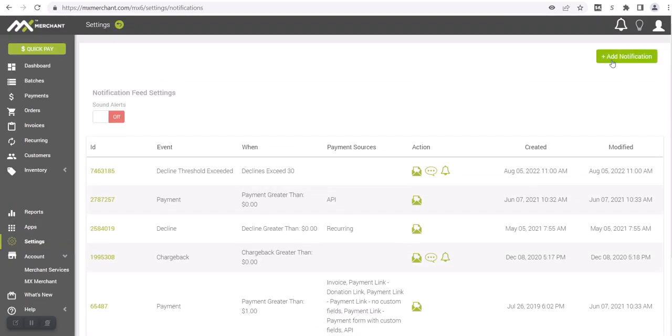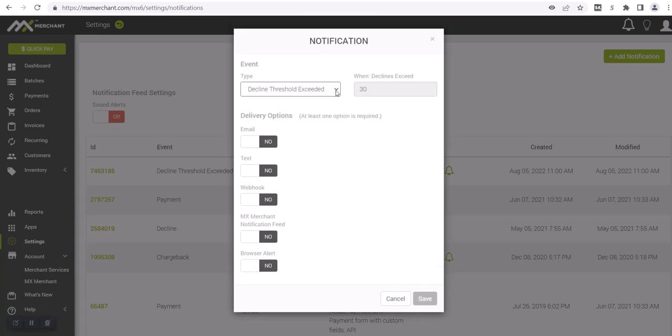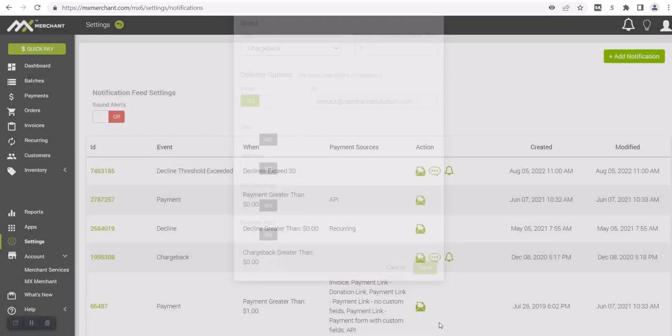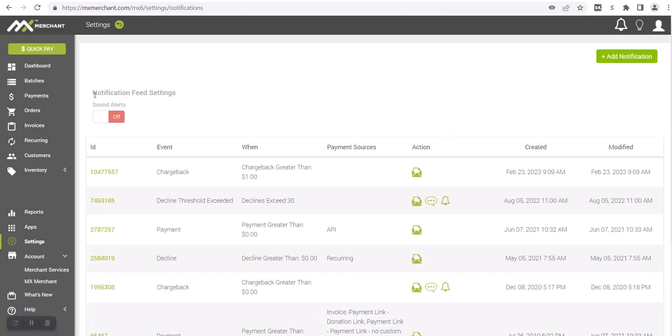To show you how the notifications work, you would click on Add Notification and select your notification type here. So let's say I want to know anytime I have a chargeback over $1, for instance. Then choose how you want to receive that: email, text, webhook, which is only if you're using integrations, MX Merchant notifications feed, which means it's going to pop up here in your right corner, or a browser alert, which is a pop-up alert you can get as well when you log in. We'll just say we'll do an email, save, and now we've added that. So this is where you can set some notifications. Again, I suggest you go through these. If you have questions, reach